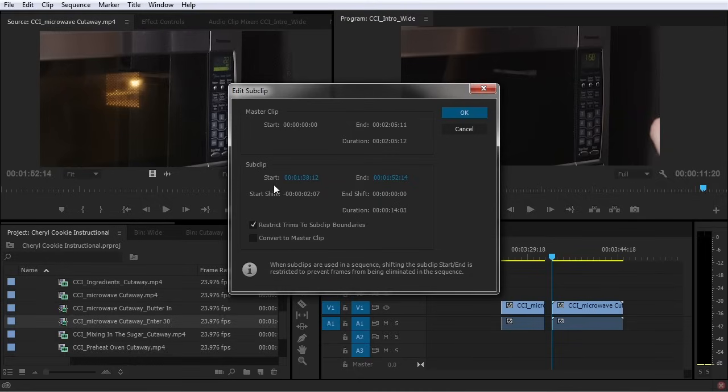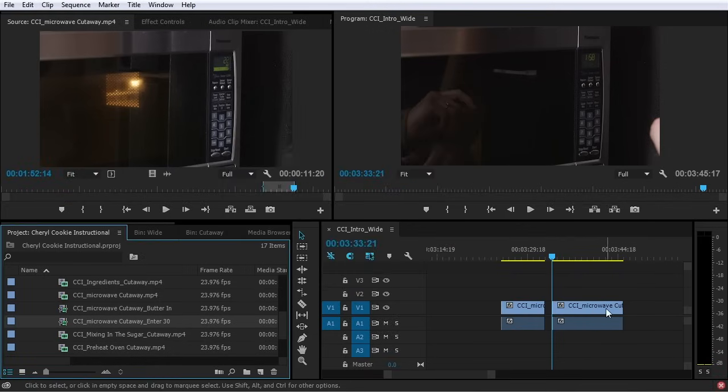So I could scrub this back a little bit, and it'll show you that now the start has shifted -2 seconds and 7 frames. I could make the end point a little bit longer. And I can also take off this restriction that restricts the trims to subclip boundaries. And you can see what it's done there. It's made this clip longer, and it's also removed that restriction. So you do have options either way, but making subclips is another valuable tool in speeding up your workflow,